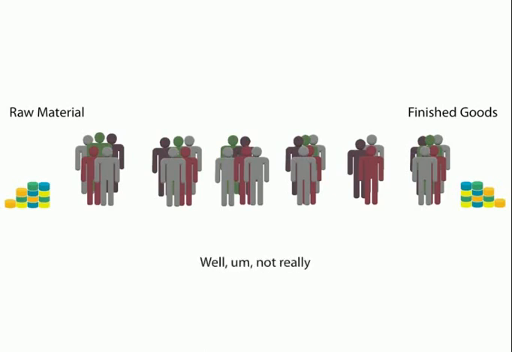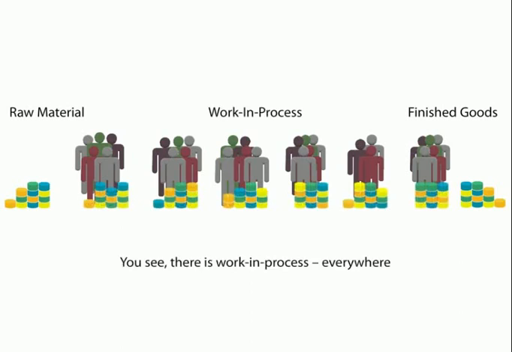But not that quickly. It's not really that quickly, right? Because there are many stages in between which also need to be done before the raw material can be quickly converted into finished goods. And this is what we see on the shop floor. We see there is work in process everywhere. That means raw material is lying at various stages of manufacturing. And this is called WIP.